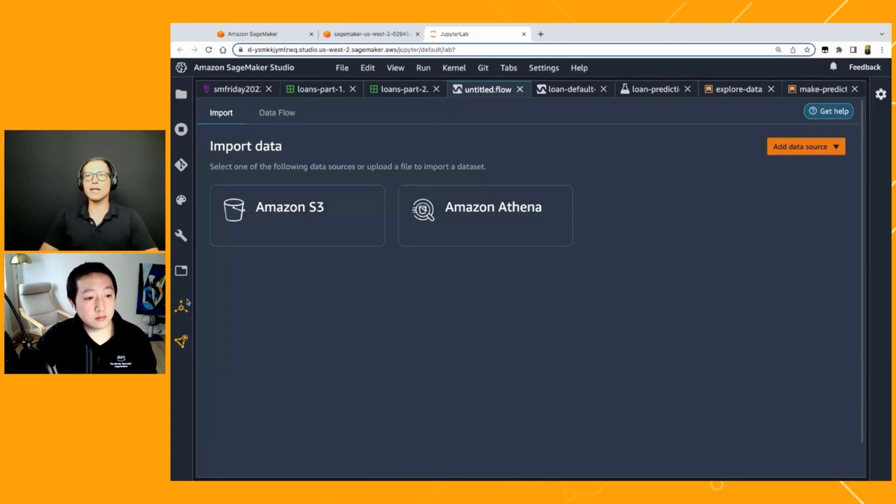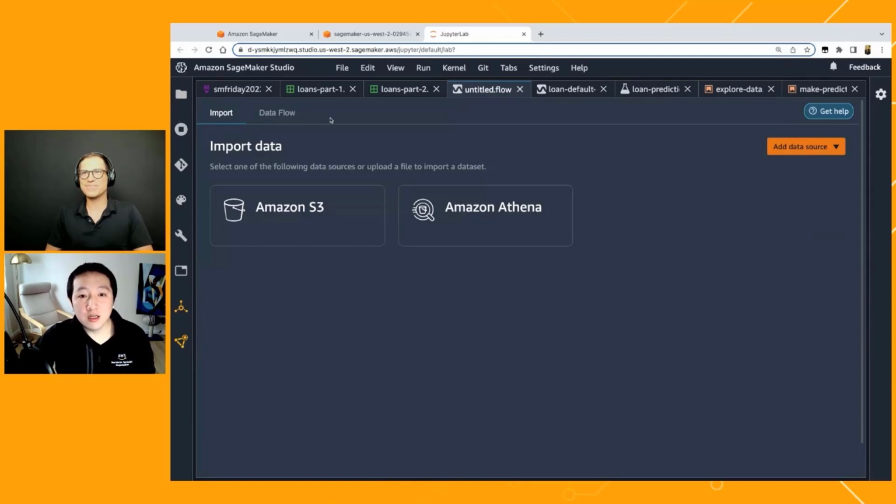That's perfect. And I do see S3 and Athena, but are there any other data sources you can bring data from? Yeah, so S3 and Athena are typical, where the data sets are located within an enterprise environment. But also, if you look at the right side, Amazon Redshift is also an integrated source of data that you can pull from, and also Snowflake and Databricks. These are two other places that data scientists can pull data into Data Wrangler to process and to start analyzing and transforming the data. That's great. Cool. Well, can't wait to see that in action.